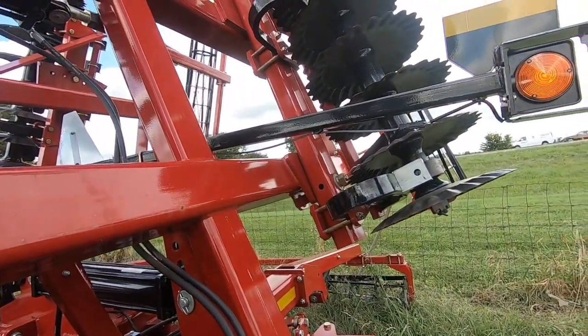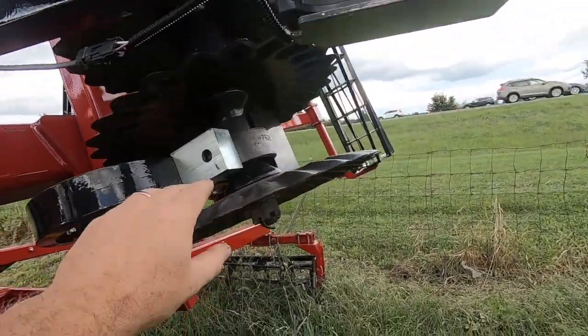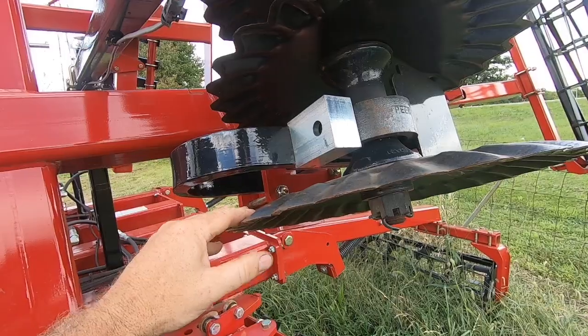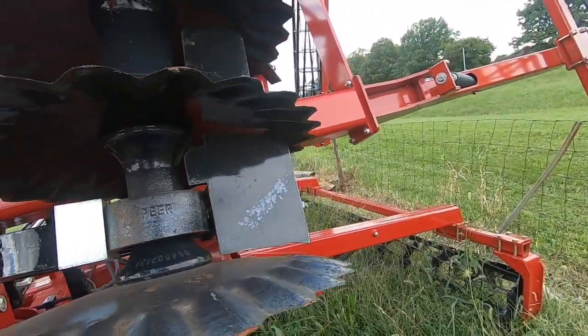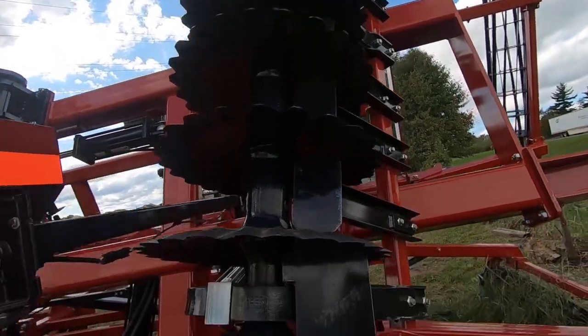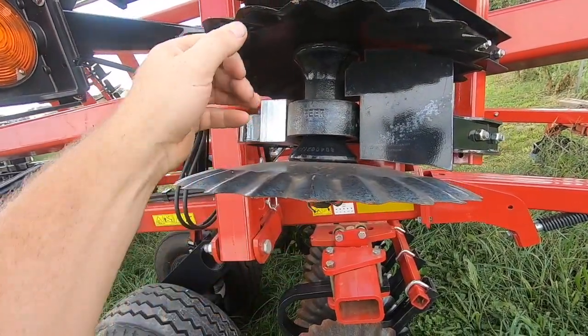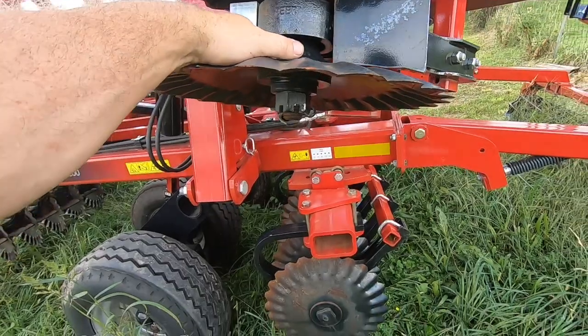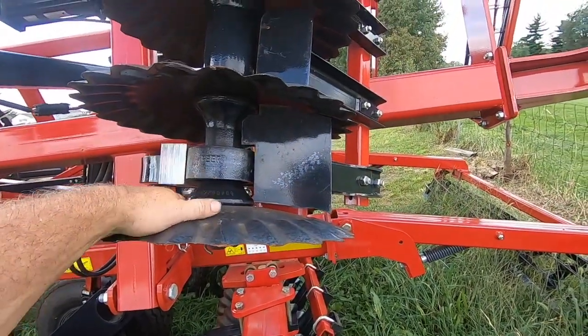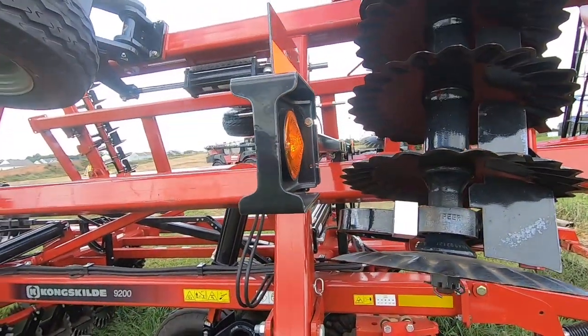And I like the fluted coulters on there, or the fluted discs. These things are really tough from what I understand. And they say that if you get over this thing twice, the corn stalks will be absolutely cut to size, like 4-inch pieces of corn fodder. If I'm not baling corn fodder, then this is what you would use to,